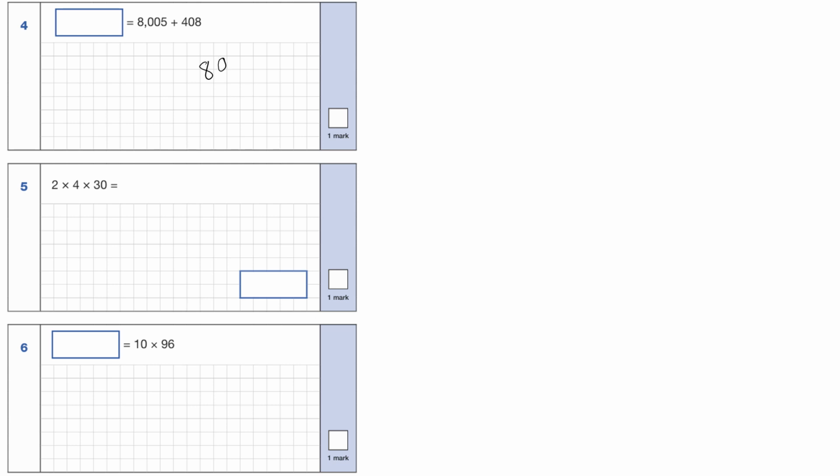Again, they've just put the equal sign on the other side to confuse you. 5 add 8 is 13. 1 goes there, 4. Now,